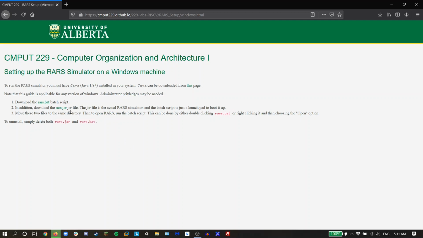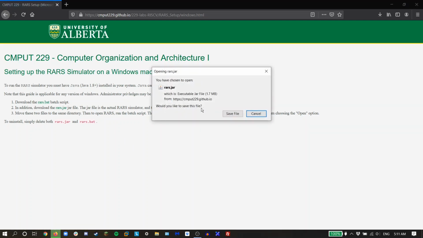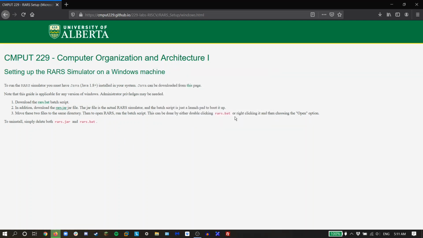We're also going to want to install our jar file. You can think of this jar file as the meat and potatoes of the RARS simulator. This is where all the source code for RARS lives. The batch script is just a short script that kickstarts the program, because normally you can't just run a jar file, you have to tell Java to run it, and so the script is literally just 2 commands that do that. Now let's head to our downloads folder,